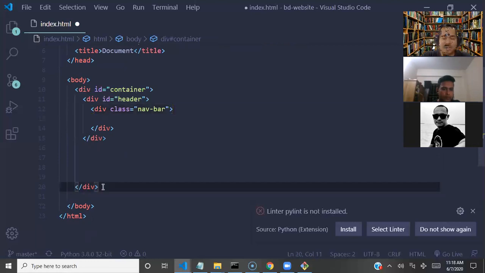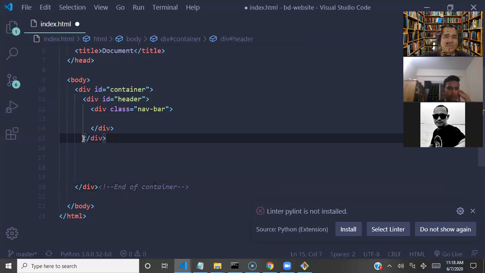You can leave a note. It will be better. You can say end of container. And this is what? Header. Which one? The middle, the second one. This one actually. So you can say,